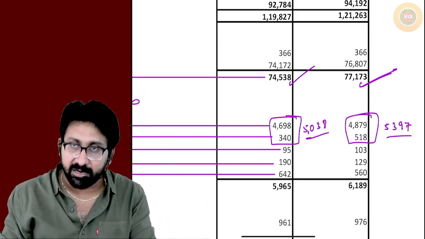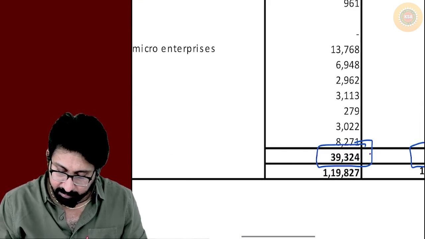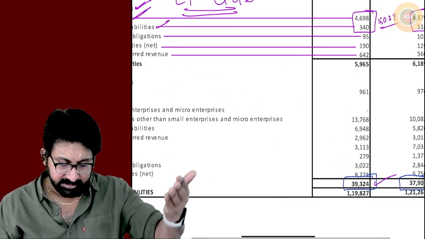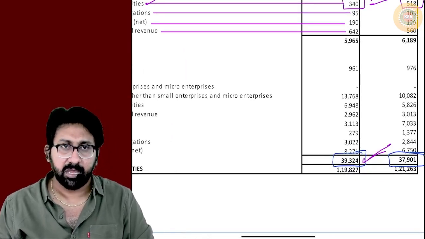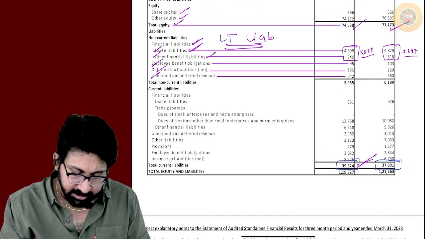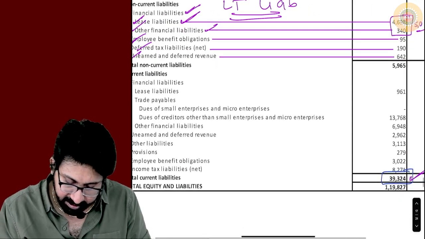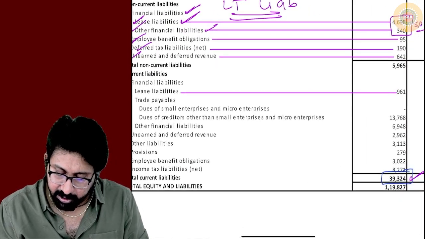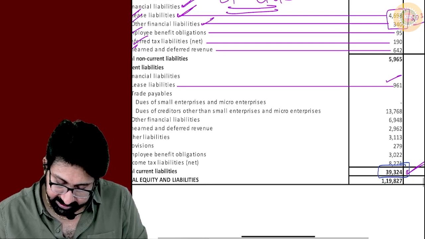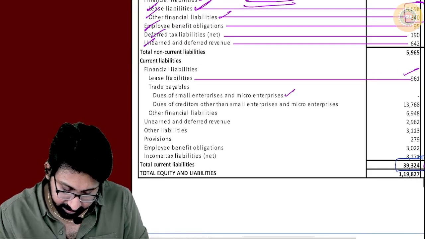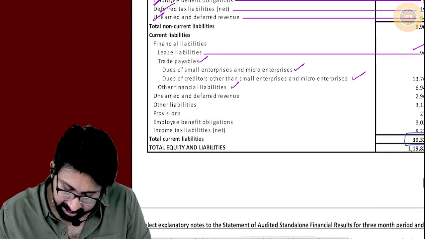Now can you analyze that? I will put the numbers before you. Tell me, these are all current liabilities or normal liabilities? Answer here, everyone. Current liability. These are all current liabilities. Technically, short-term debt means only debt nature we have to take. Short-term lease payables, everyone tell me. Short-term lease liability. Is it a debt or not a debt? Debt. So tick. Trade payables. Yes, it is a debt. I will tick here. Trade payable is a debt. Next. Creditors payable is a debt. Other financial liabilities is a debt.